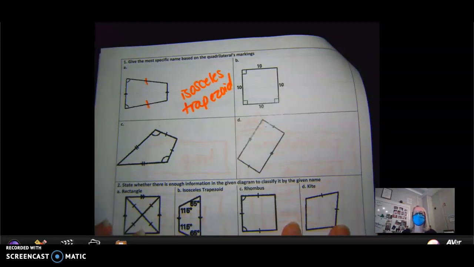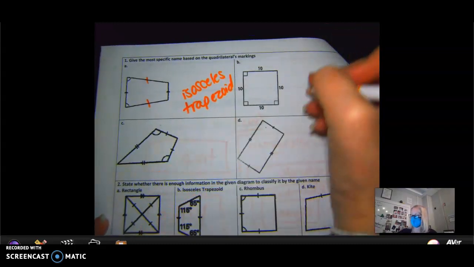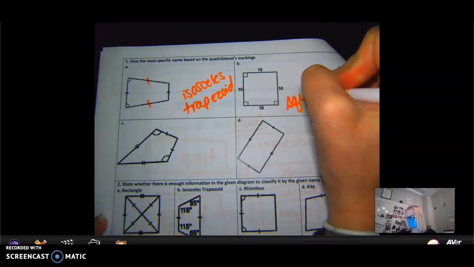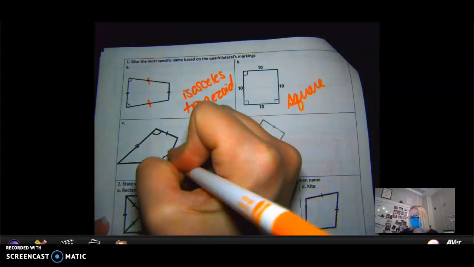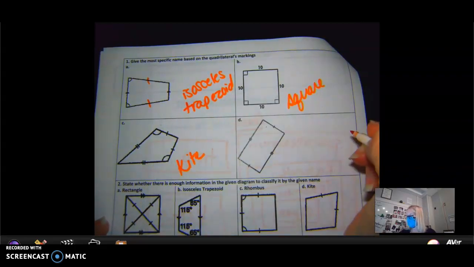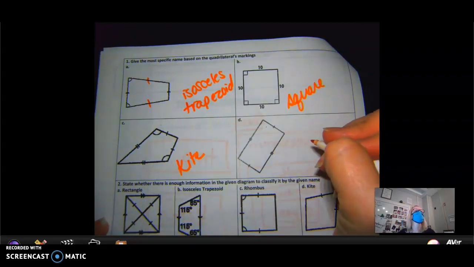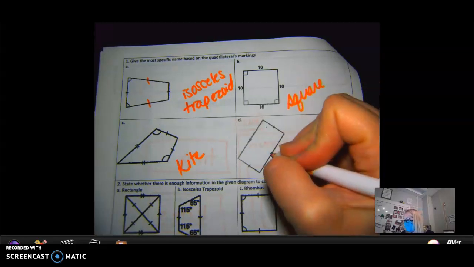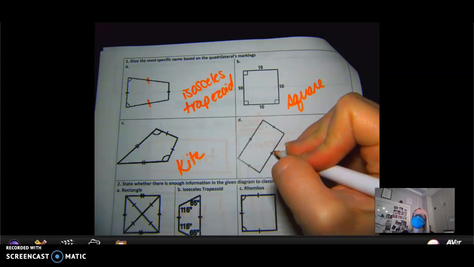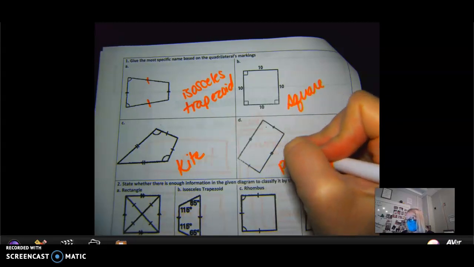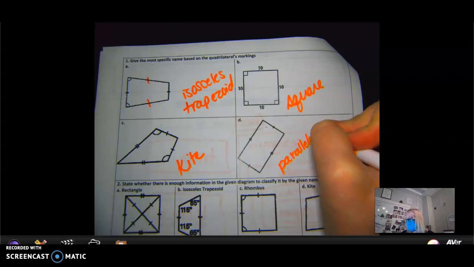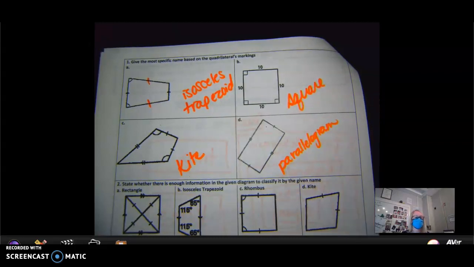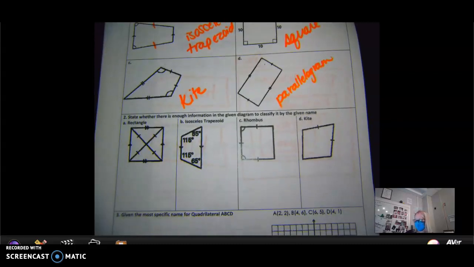B, what do we call that? Most specific name. Yep. Just a square. How about C? And D. I can't call it a rectangle. If we notice, those are arrows. Those are not little markings. Yeah, the only thing I can call this, guys, is a parallelogram. Because I don't know angle measures, I don't know side lengths, so I can't be any more specific than just naming it a parallelogram. Next, state whether there is enough information in the given diagram to classify it by its